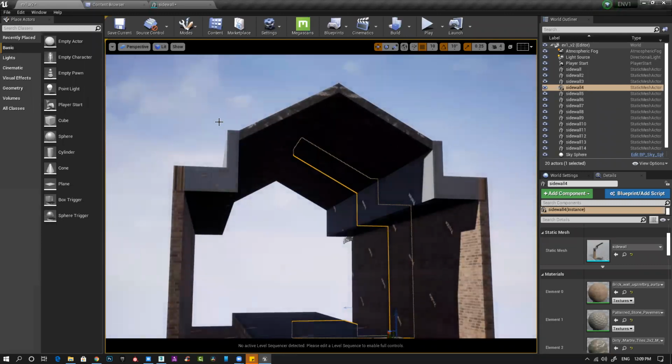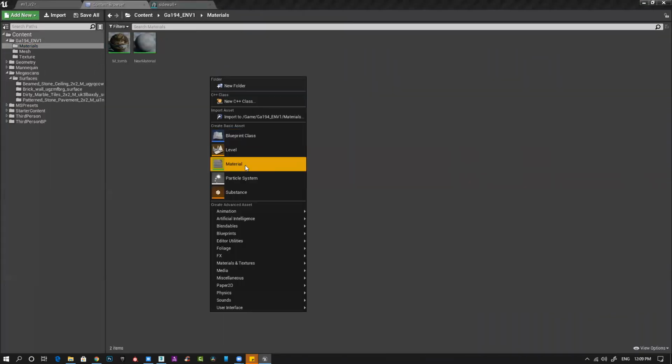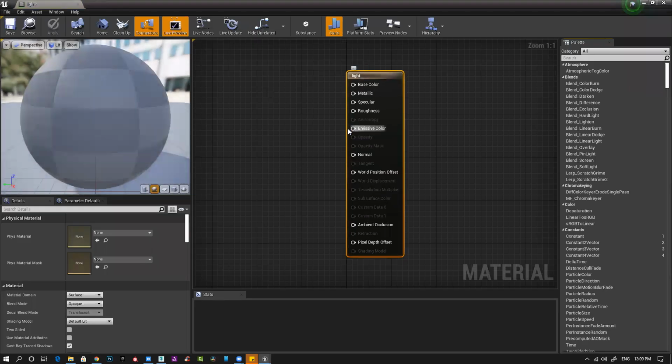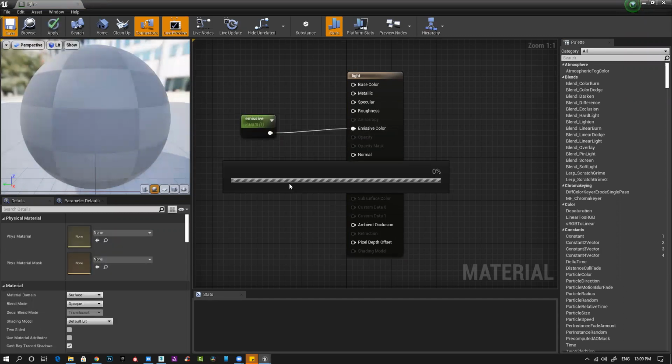And then for those lights, what I can do is create a material by myself for a light. Right click, material, light. It needs to illuminate. So, scalar, type S, left mouse button. This is my emissive. By default, keep it 1 and connect this to emissive color. That's it. It becomes glowing. Save it.